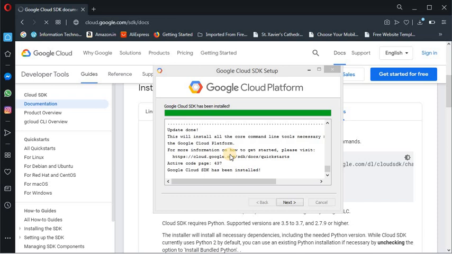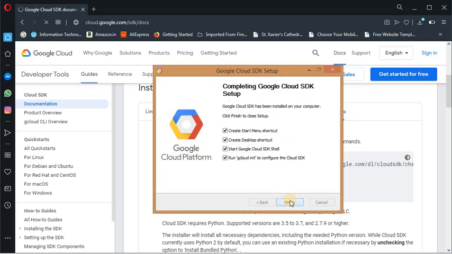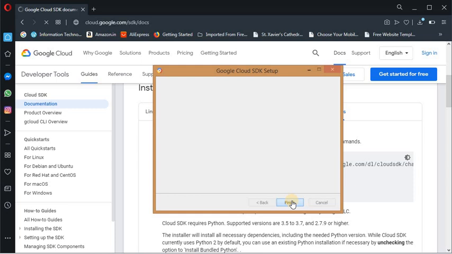Now the Google Cloud Platform SDK has been installed. It shows the Google Cloud SDK has been installed. Now press Next, confirm that all the ticks are checked, and click Finish.